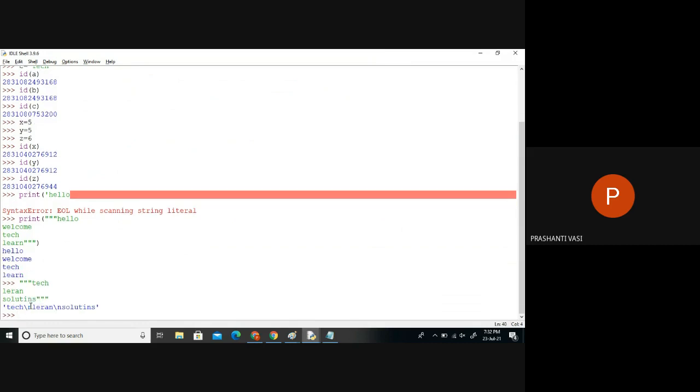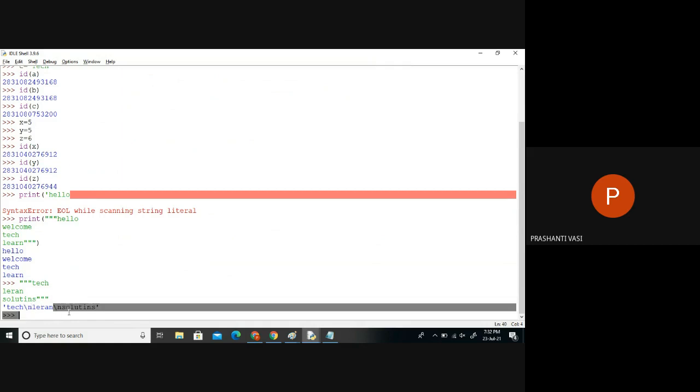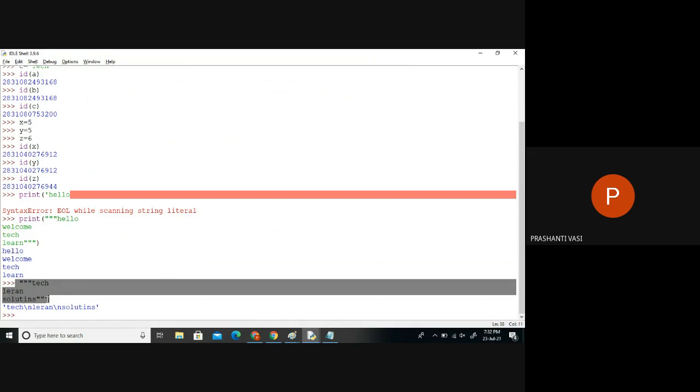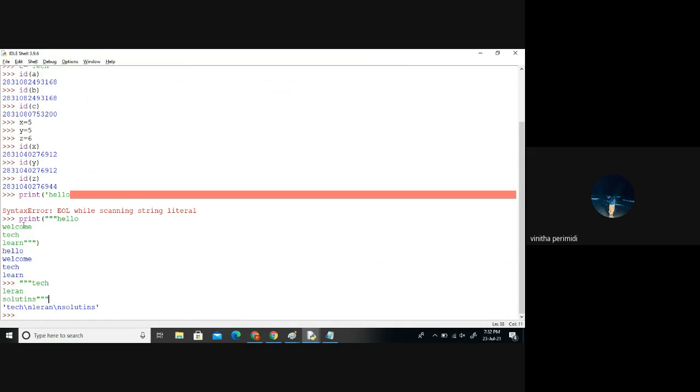Now again you may have a doubt: why are we getting these slashes? We have typed just plain text. Did I mention a print statement here? Did I say I want to print the output on the screen, or did I directly give the data? Direct data. There's no print. So whatever you give with print, it will print in a general format.